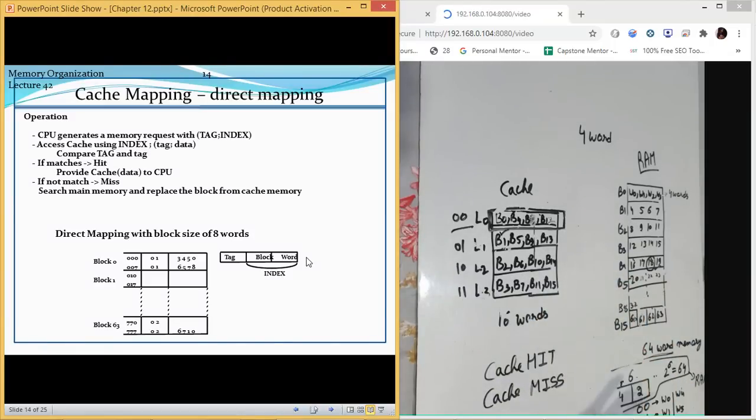We will do that, but it is not directly given in your syllabus. So we have some page replacement algorithms, and we will discuss that. Now I just want to clear this up for you by using this operation.